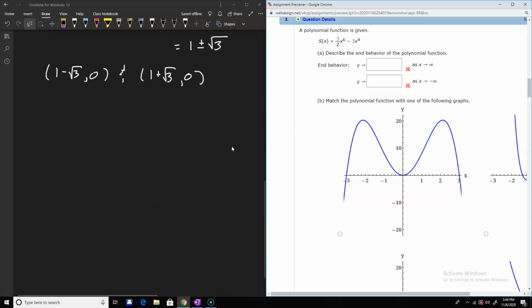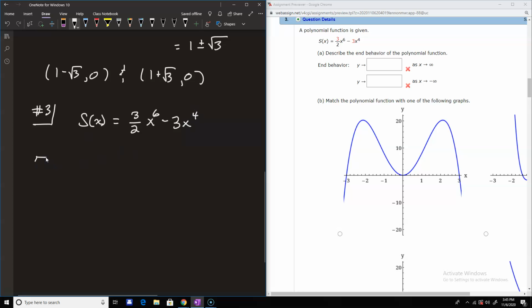So for number 3, the first thing it wants is the end behavior. So for number 3 here, we have s of x is 3 over 2 x to the 6th minus 3 times x to the 4th. So the end behavior is, remember, determined by looking at just the leading term. So 3 over 2 is a positive number, and the power is even. So we're positive and even. So that means both sides rise,